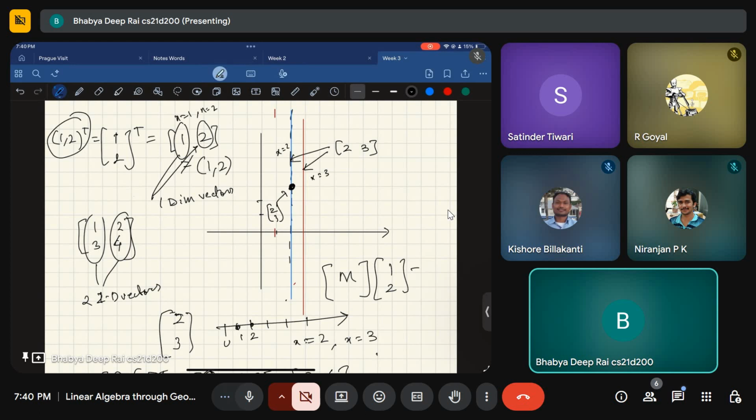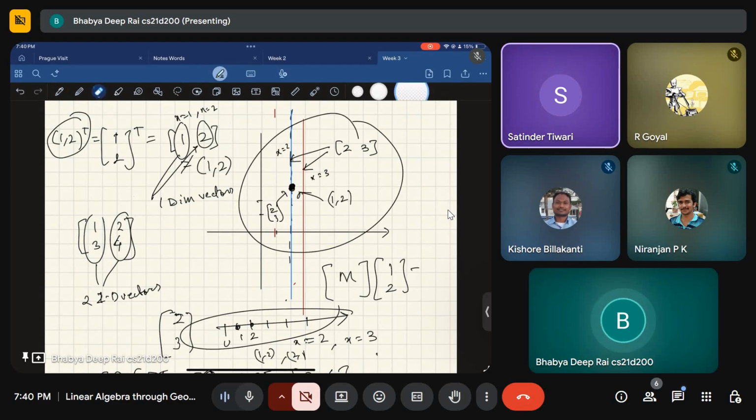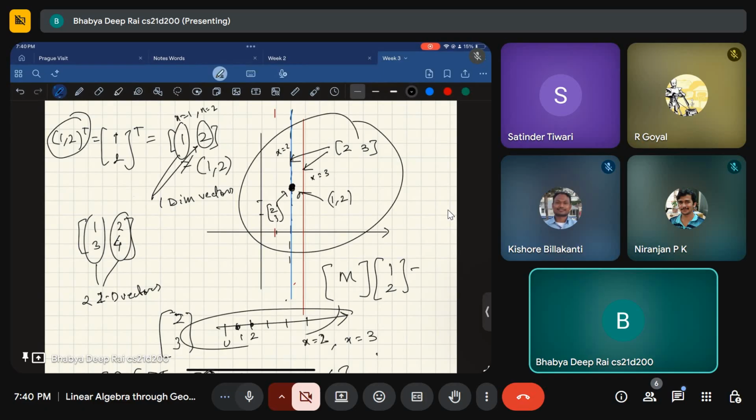If you give this graph, I can always tell you that this point is 1 2 or 2 3, whatever. But if you give this graph, I cannot tell whether this used to be 1 2 or 2 1. You see, there's an information loss happening. I think there is not a neat graphical representation of this. Personally, I'll check on it and let you guys know. Okay, thank you.